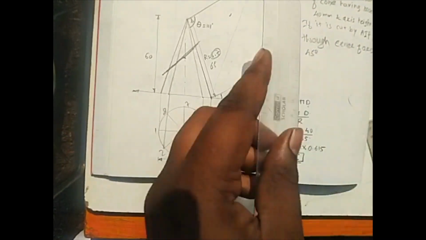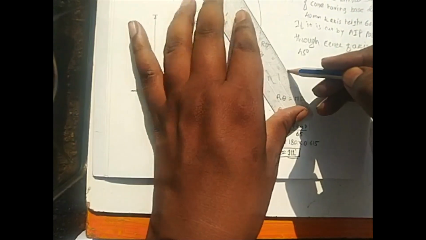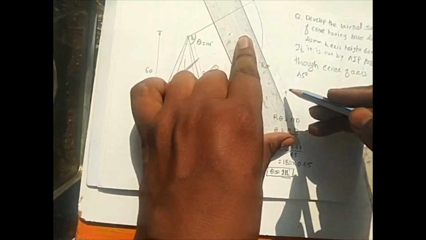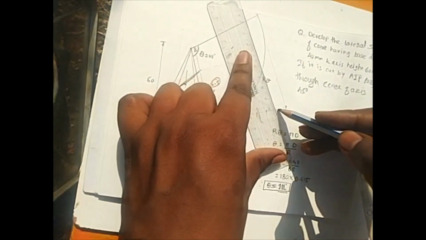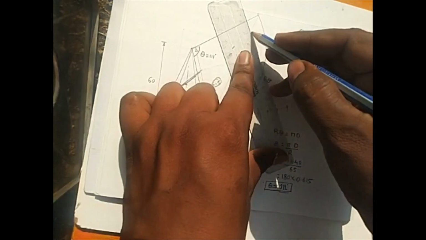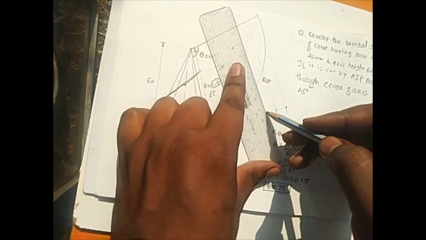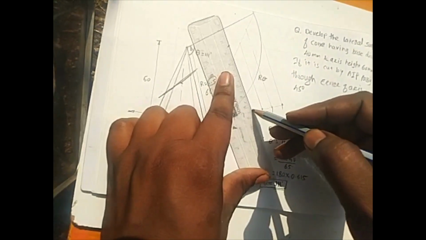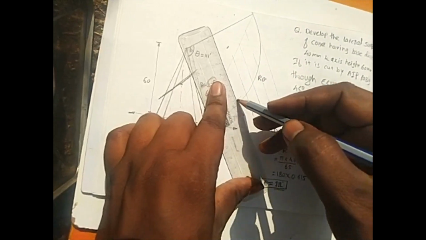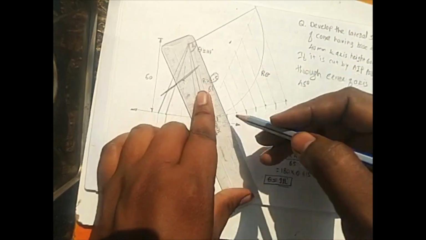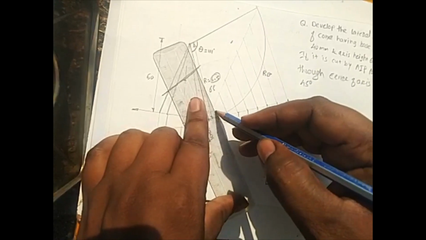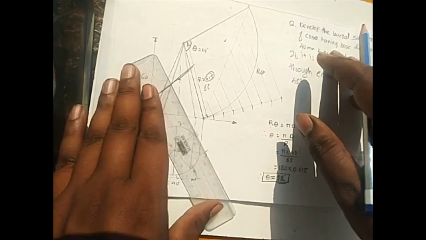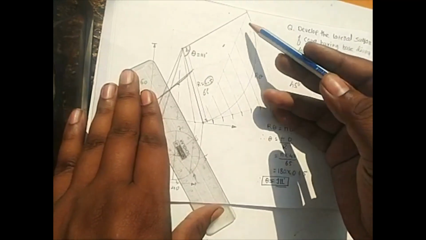Now once we divide this, we have to join the last division with the end of this line. This is here. Now parallel to this line only, we have to extend all the divisions that we have made of faint lines. This should be done by the 2H pencil. Basically all the part we need to do by the 2H. Only the last part, the border part, we have to do by the H pencil, that is dark pencil. Okay, so I have divided this line in 8 equal parts.